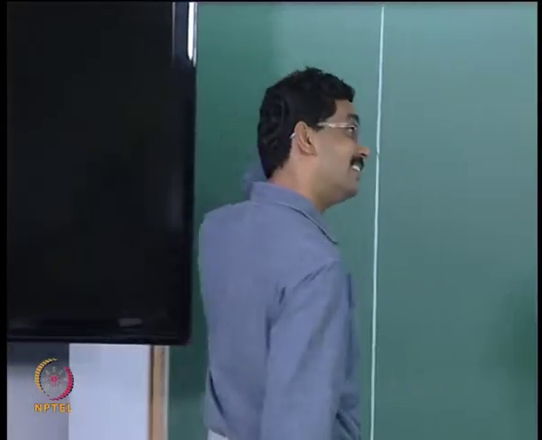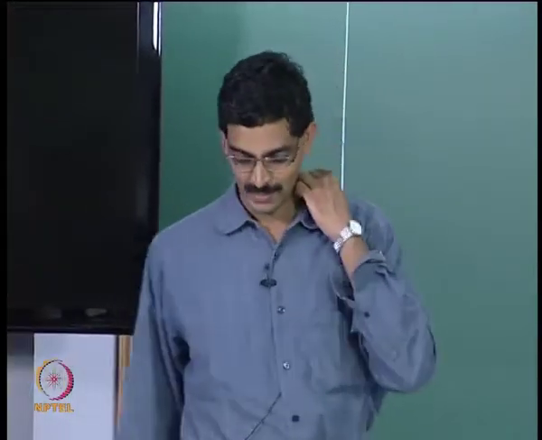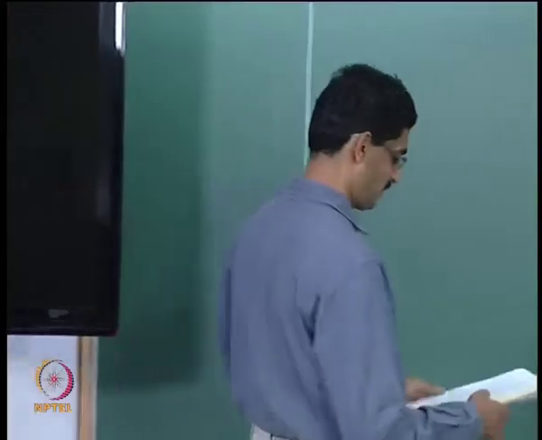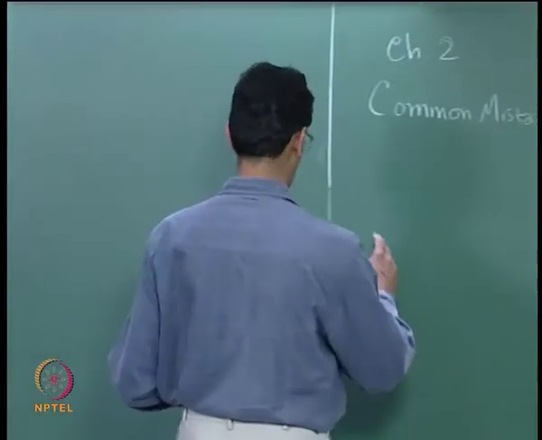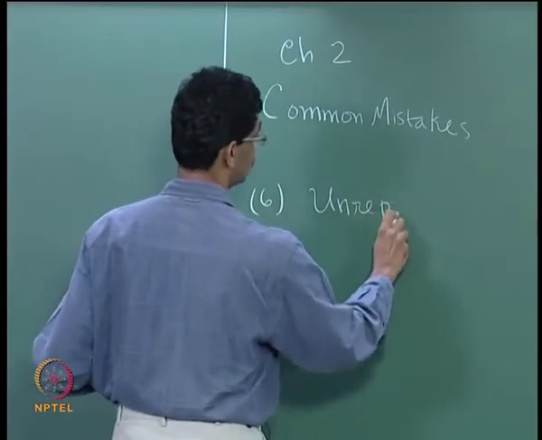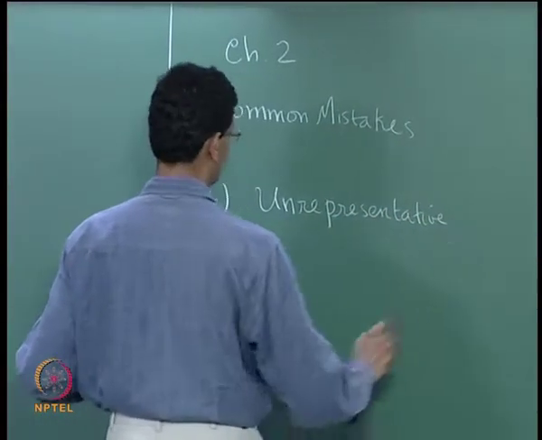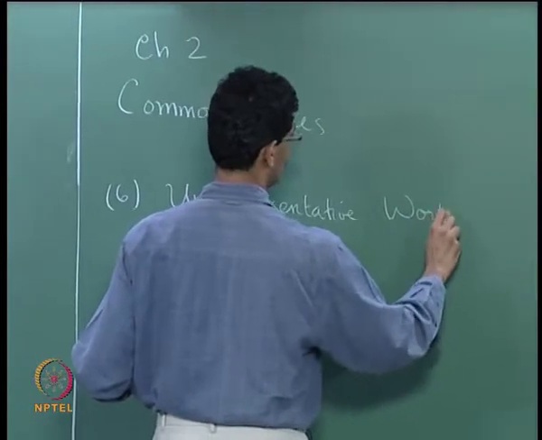Not all are relevant to discuss now, you can still go through that at leisure later on, but a couple of things we will look at. So one is item number 6. It is unrepresentative workload,